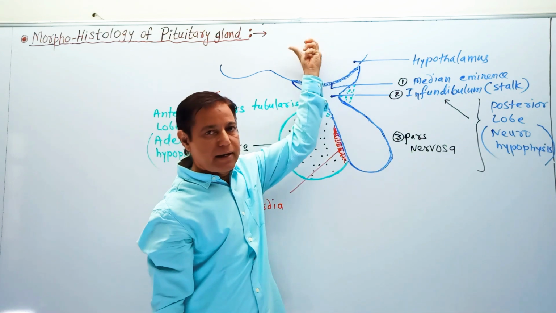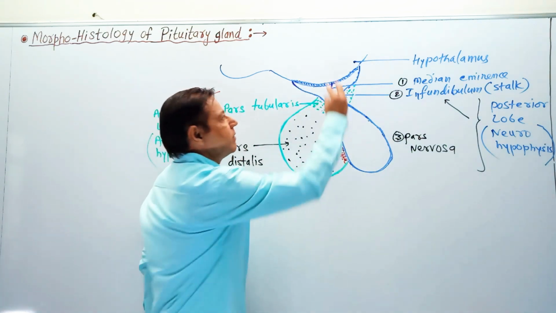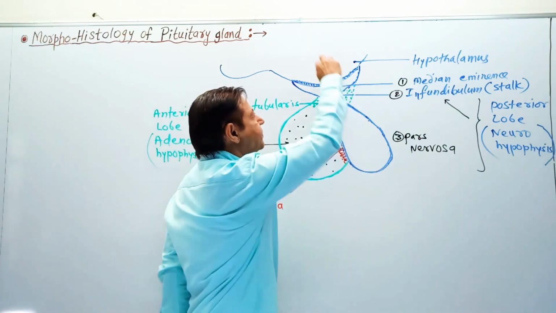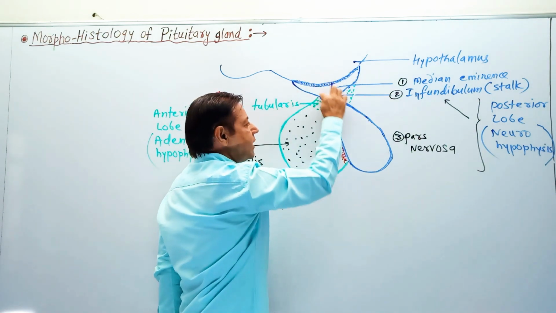Hypothalamic nuclei are there, supraoptic and paraventricular nuclei, the neurosecretory cells secreting their hormones, which are brought here